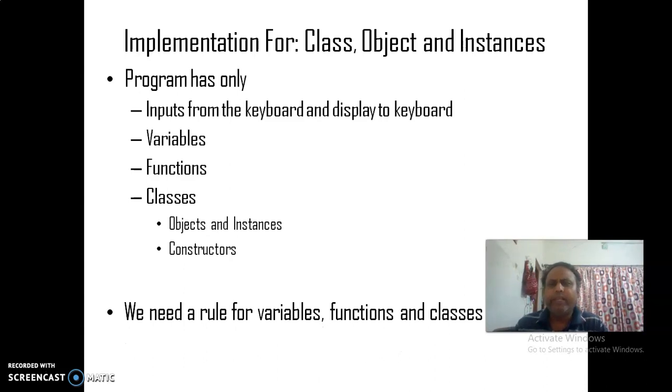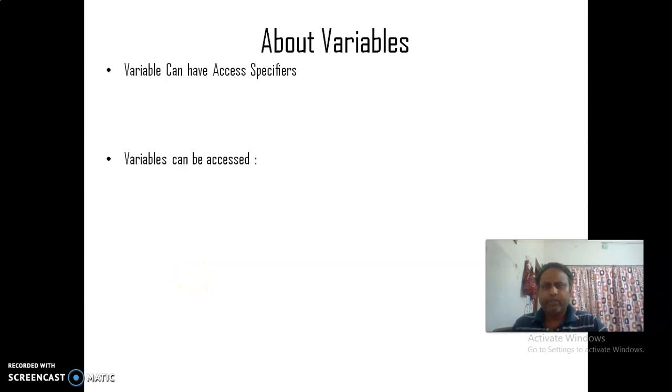So what we need exactly, if we are going to write a program, excluding input from the keyboard and display to the console, is a rule for variables, a rule for functions, and a rule for classes. So let's discuss what the rule exactly is. Variables can have access specifiers.